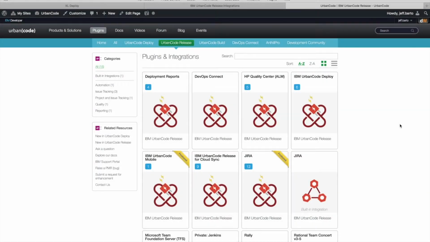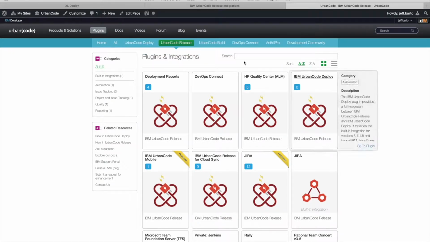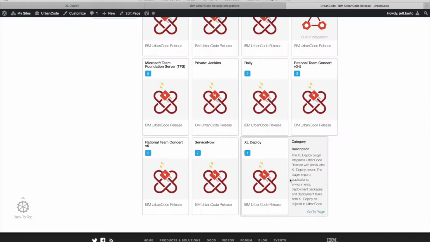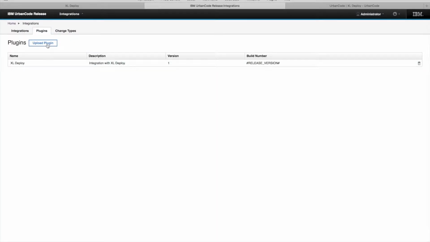Hi, today I'm going to be demonstrating our UrbanCode Release integration with XL Deploy. First thing you're going to want to do to get the XL Deploy plugin is go to developer.ibm.com/urbancode/plugins. And then you can navigate to this UrbanCode Release tab to see all the UrbanCode Release plugins. At the very bottom, one of the newest plugins should be XL Deploy. So if you click in here, you'll see the download links. You can download the plugin, go into your UrbanCode Release server in the Integrations tab, and then upload the new